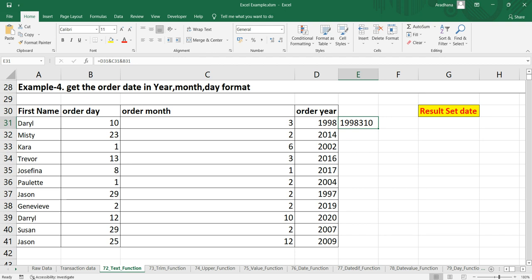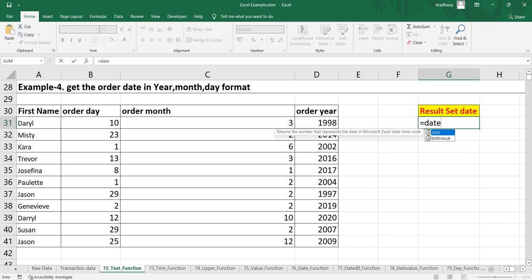What you can use is the date function here, but the text function will help you to convert these values into a specific format. So we can use this date function, and within it the first argument is the year. So we'll take order year, then this month, and then this day.